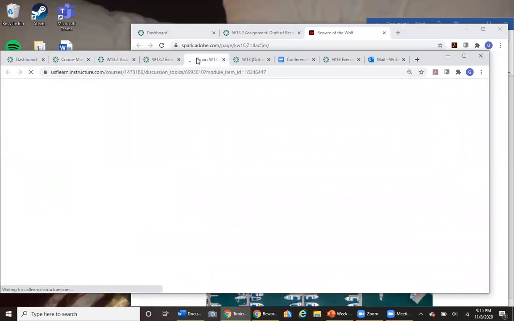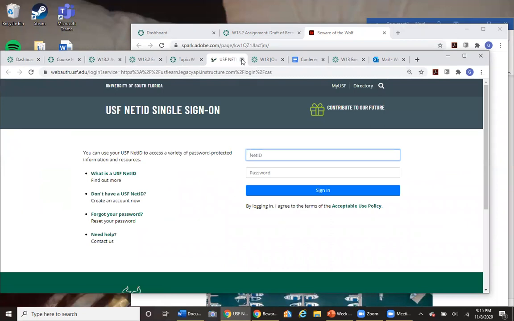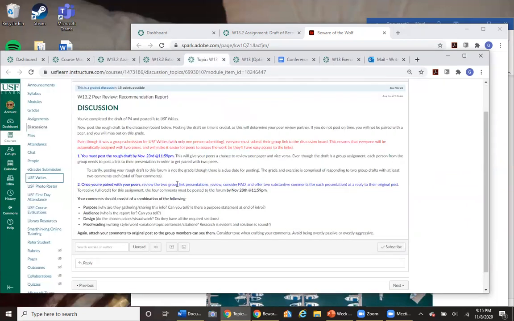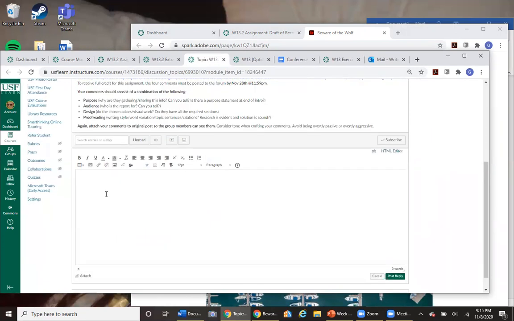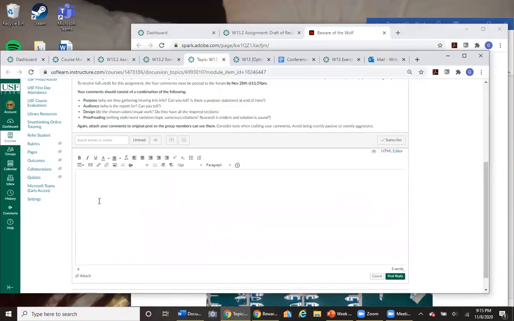And the peer review. So even though only one person from your group is going to upload to USF Rights, everyone needs to hit reply on this discussion forum, and likewise upload the link for your assignment. It would really help me a lot if you also in here put what group number you are,